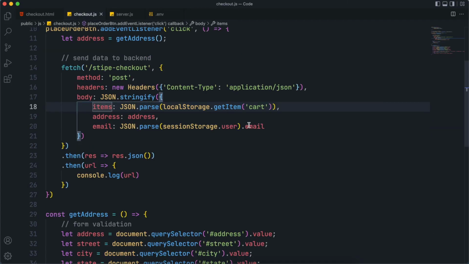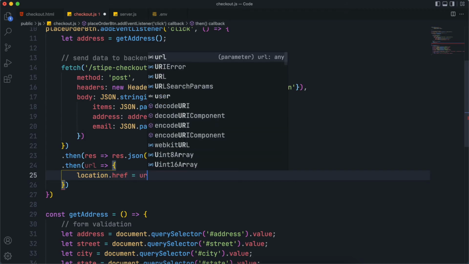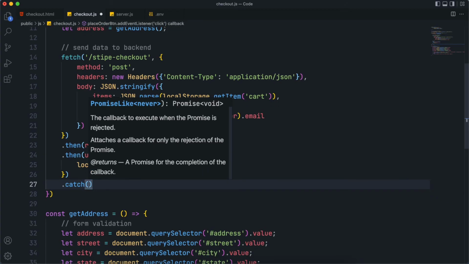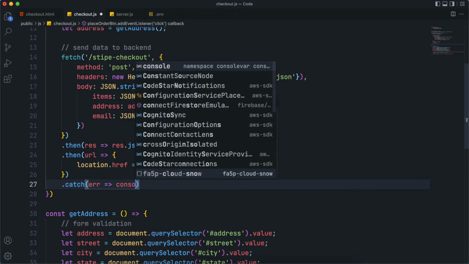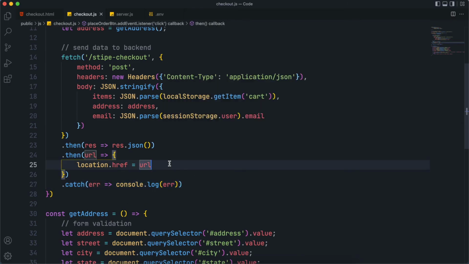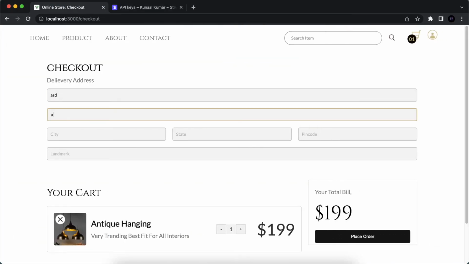So since we got this data here, instead of console logging it, just redirect the user to this URL by location.href. This will change the href and set it equal to the URL, and also add a catch block so it will react if any error happens. If any error occurs, just console log it simply. So if I again fill the form, you can see the product, and now if I place the order,